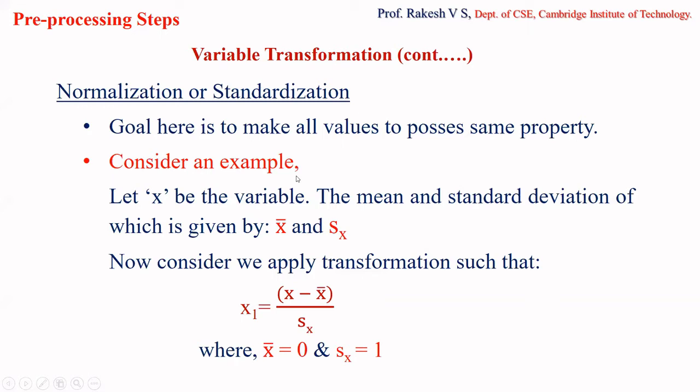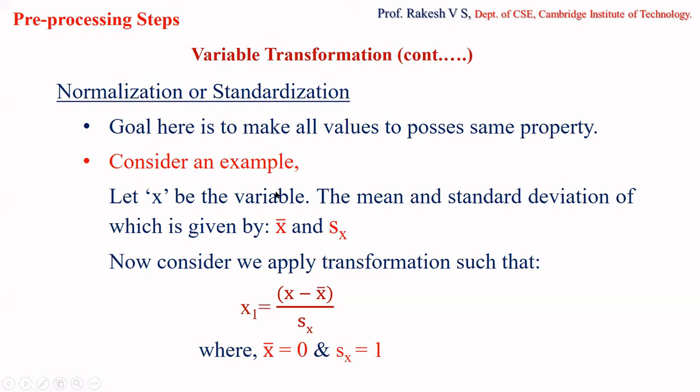Say for example, you can try this out for two different sets. Consider one set having x values 1 2 3 4 5, and the other set having values 10 11 12 13 14 15. You find the mean and standard deviation for these two sets, and then apply the transformation to both sets separately. Then again you find the mean and standard deviation of the transformed values. You are going to get mean equal to 0 and standard deviation equal to 1 in both cases. That is standardization. For that you have to do it on your own. You can try that out by taking two simple sets.